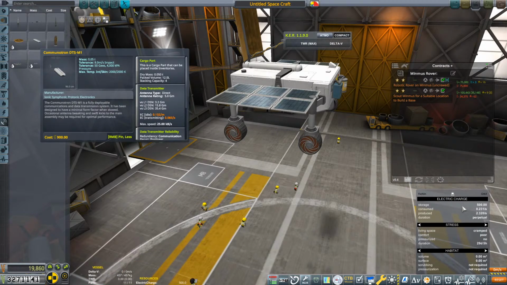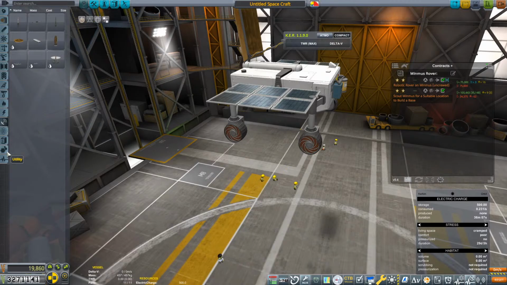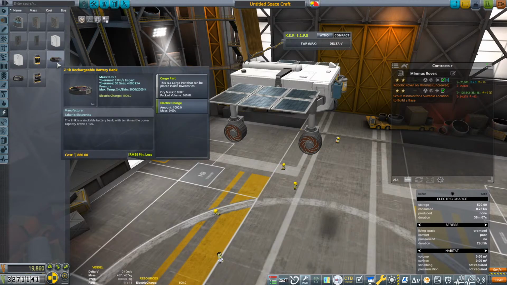Now, again, how long will this last in the dark? 36 minutes it'll last in the dark. Oh my gosh, how long's a Minmus day? I can't even remember. Let's say it's 6 hours. Or a Minmus night. How much batteries do I got to put on this thing to get up to...